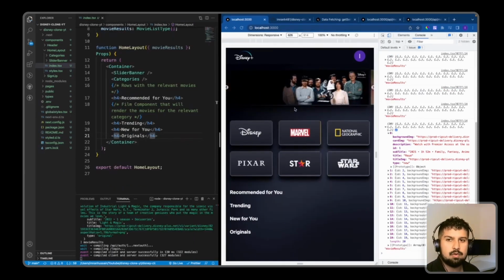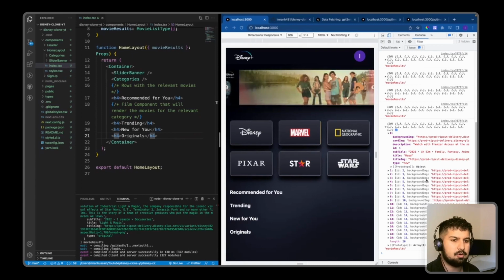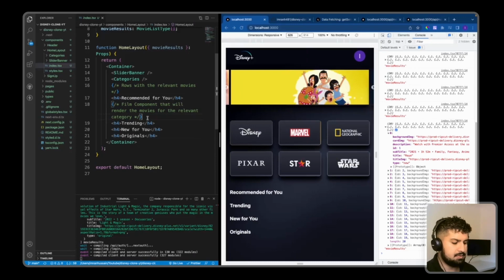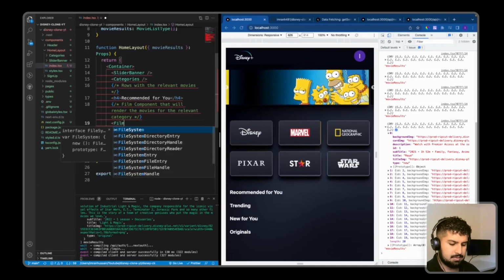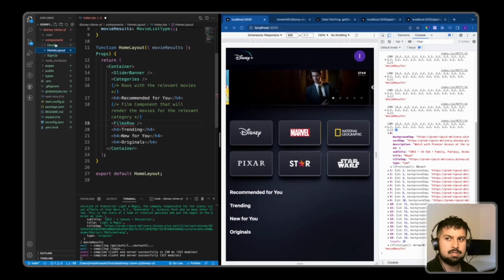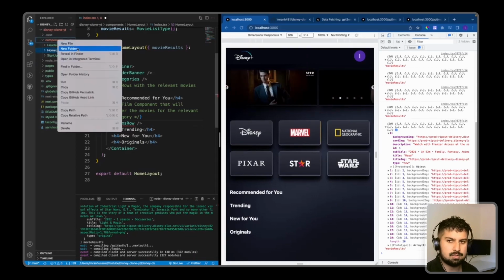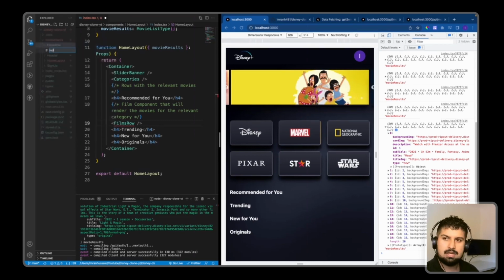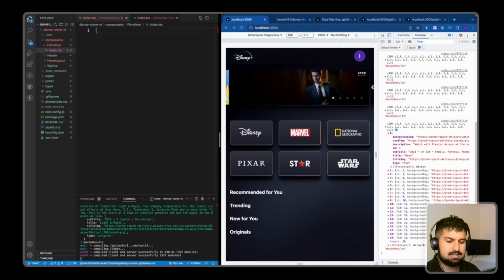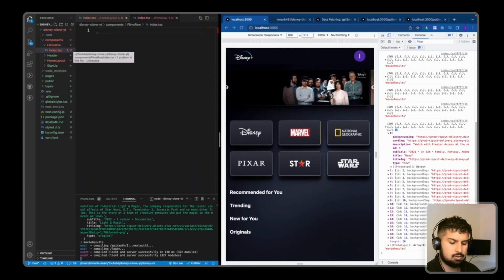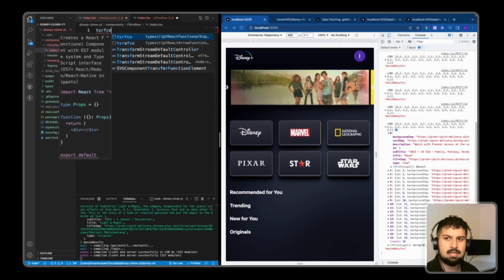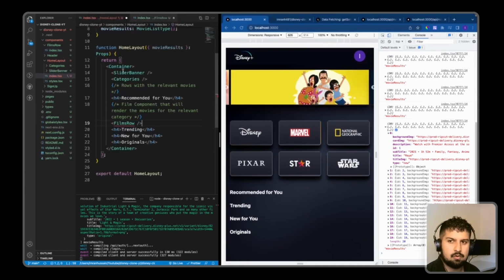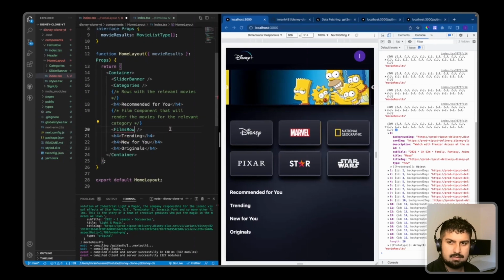Okay, so now that we have our movie results being passed down as props and we are seeing this in the console, we now want to create a reusable FilmsRow component. So I'm going to go into components and create a new folder named FilmsRow, and in here create a new file index.tsx, and this is going to be a TypeScript file, so tsrfce FilmsRow like so. And if I go back into my home layout, I can now import this from FilmsRow,